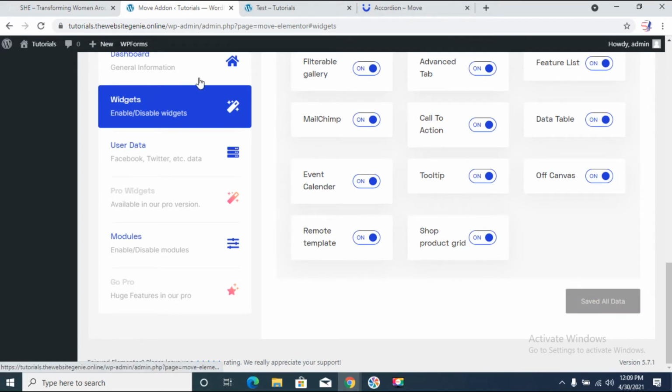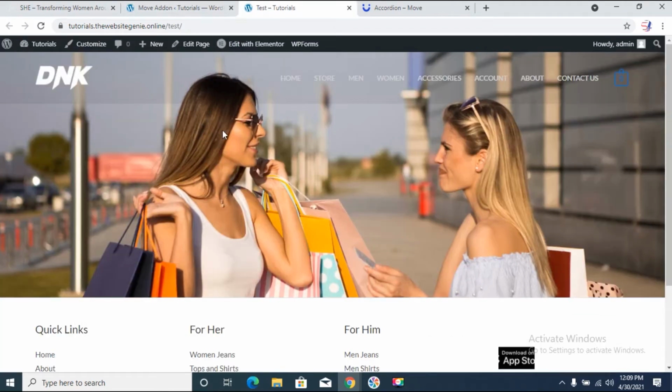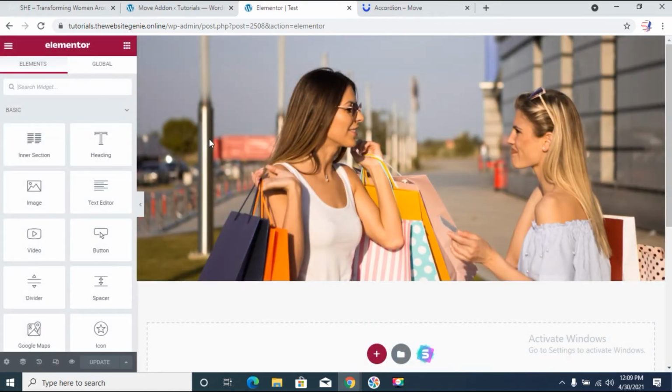Once we have saved the changes, we'll go back to our website, to the page that we want to put the heading on, and we click on edit with Elementor. In the last video, we already created a transparent header for our home page. For example, if this is the home page that we want to create, we already have a transparent header. This is also a free way that you can create a transparent header on your website. So first you can check out that video if you want to create a transparent header.